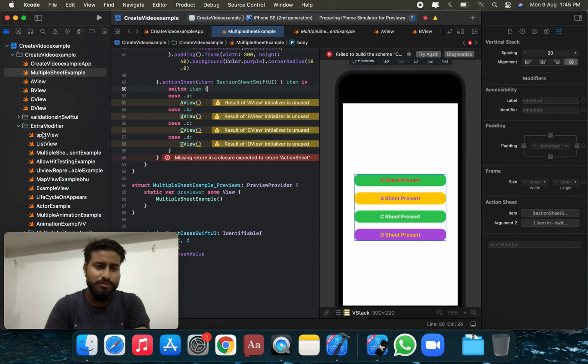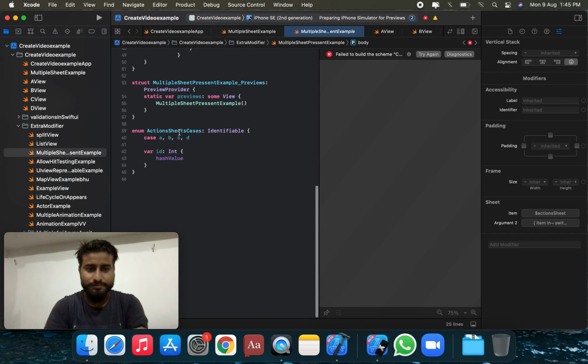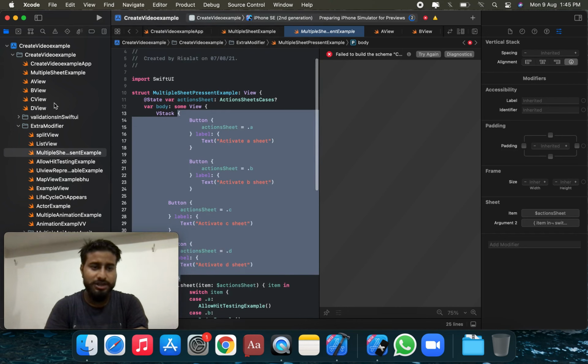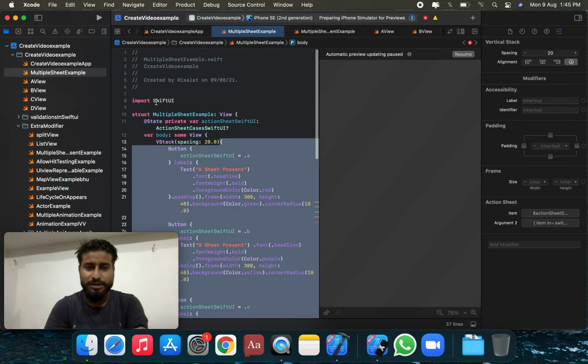But it's not applied on this issue, but it can be applied on multiple sheets and item, which have action sheets. So we're going to use multiple sheets and item and action sheet, but it's not checking this issue. We're going to check the elements in this UI. So action sheet, which have a